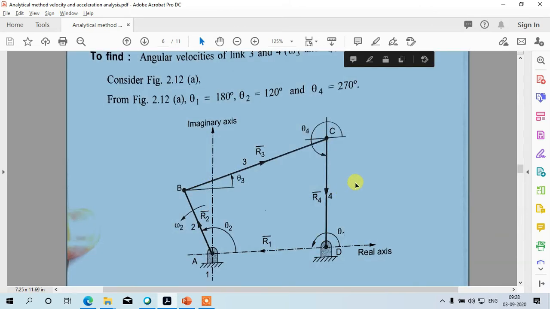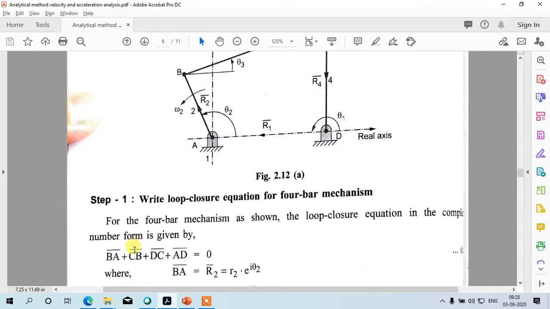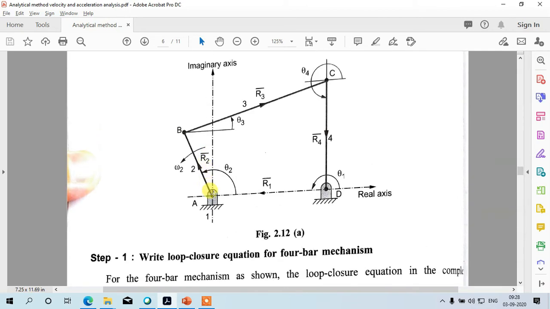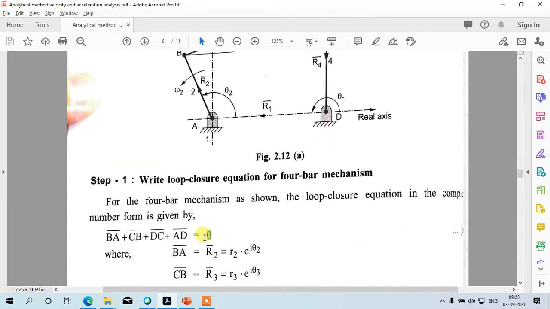Likewise, the vector loop equation is vector BA plus vector CB plus vector DC plus vector AD is equal to 0. You can see here that our vector loop is starting from point A, passing through B, C, D, and again coming back to A. So we will add up these 4 vectors R1, R2, R3, R4 to complete our vector loop equation,